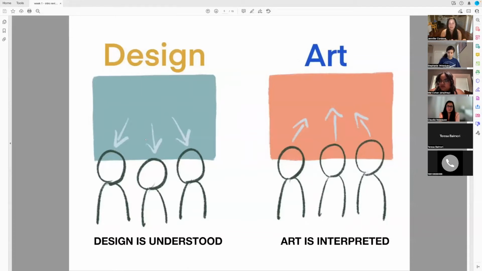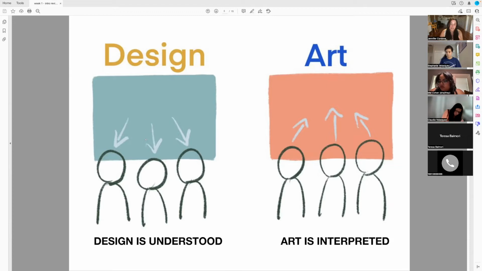So if you're looking at a piece of design, all three people who are looking at that design should be interpreting it and understanding it the same way. If they are not, that design was probably bad, because the point of design is to communicate. So when you're making a design or graphic design, you're trying to communicate something to someone. That's why this class is in the communication department, right? It's not in the art department, because design is actually a form of visual communication.